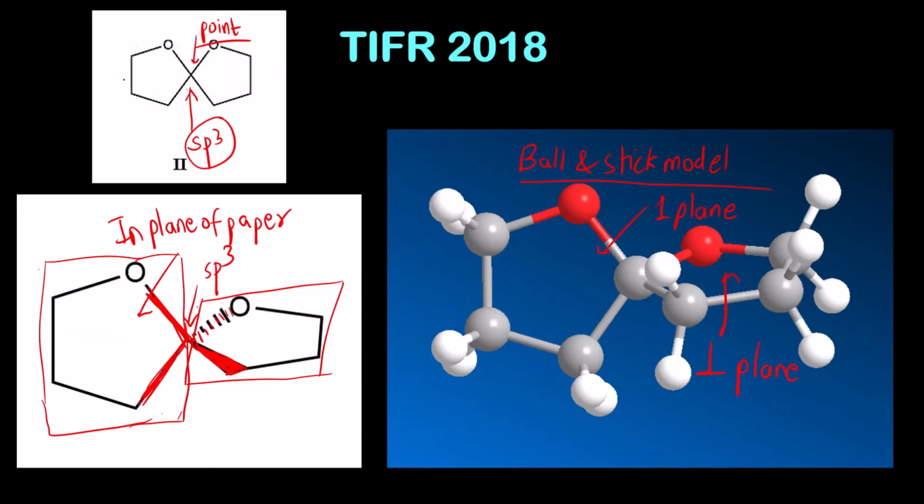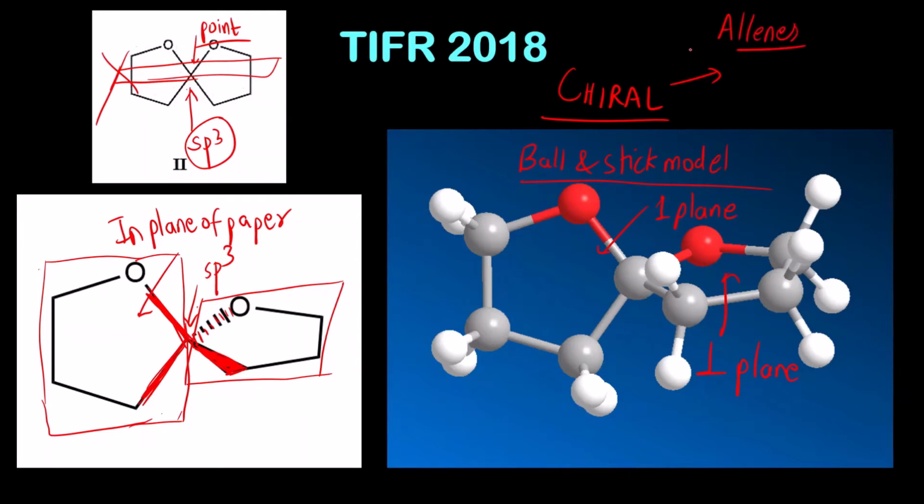So that is why initially when you look at this molecule, you might feel that there is a plane of symmetry passing, but this is incorrect. So this molecule is chiral. It is very similar to the allene system that we had seen, the allenes and cumulenes. So this is our correct answer, that is 2. Let us also see the third one.